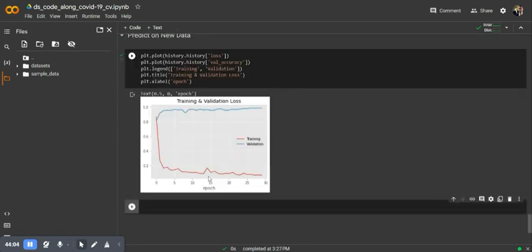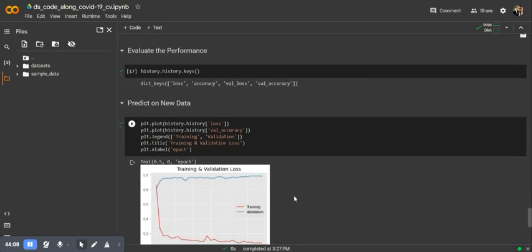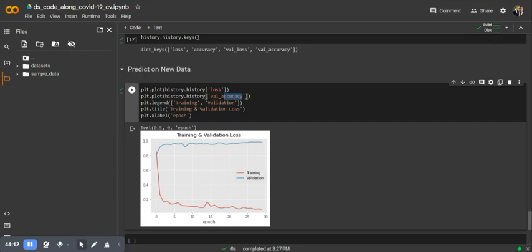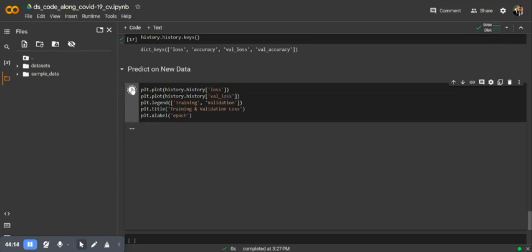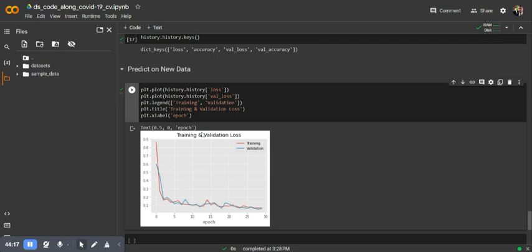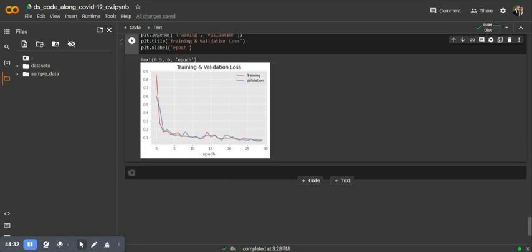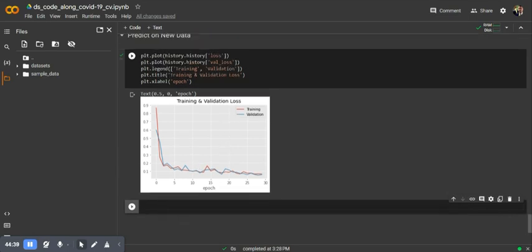Run the cell. There we go. So the validation... why did it autocorrect to that? There we go. Bingo. So what we're looking at here is the comparison between the training and validation loss. As you can see, it's fitted the data quite well, keeping both the training and validation loss to a minimum. So the next thing we can do is plot the training and validation accuracy, and we can just take